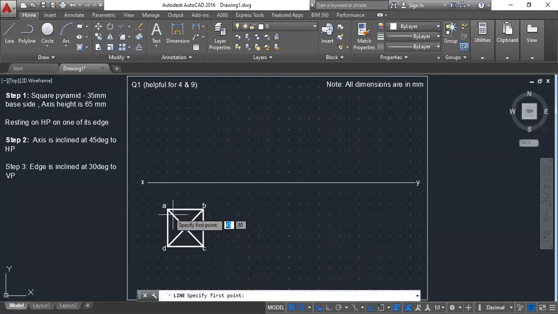So once I draw this, the next step will be to draw these points. Every point has to be marked. From every point we are supposed to